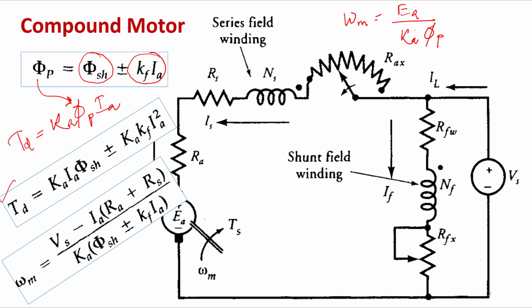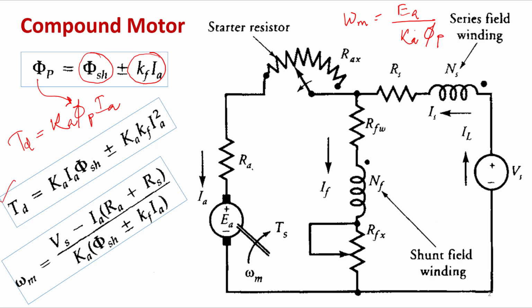And Ea is nothing but, we can see that on this side. Yeah. Okay, now it is visible. Okay, so Ea will be Vs minus Ia times Ra plus Rs, right? Okay. So